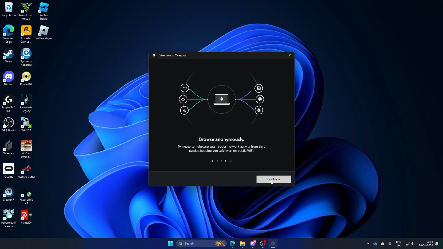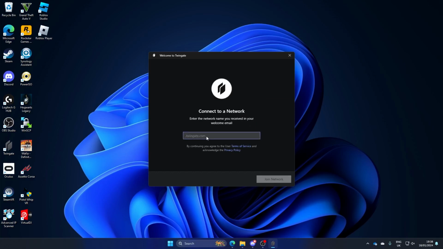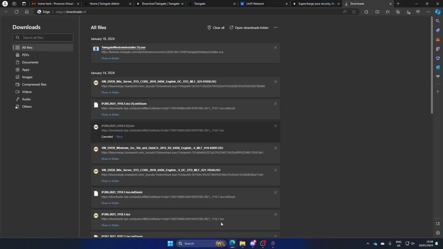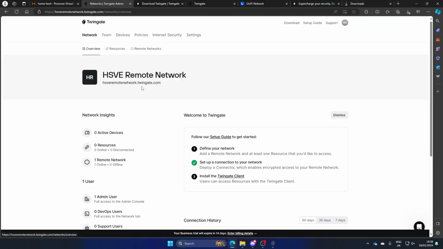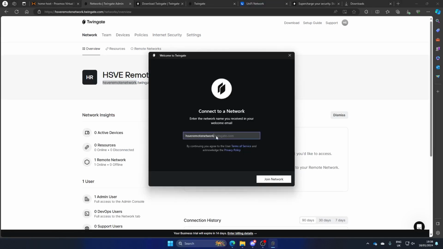So if we click on continue, and then we're looking for our network ID. If we go back to Chrome and then go onto the Twingate admin, we go to network, you can see it's here. So it's hsvremotenetwork.twingate.com. So if we enter hsvremotenetwork.twingate.com, it's already there. If I click on join network,